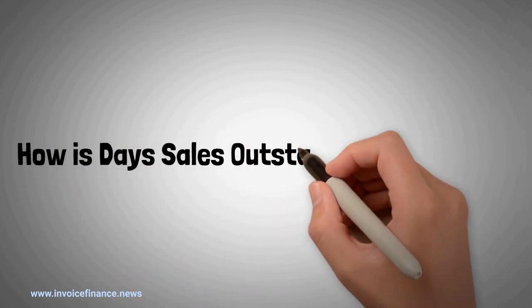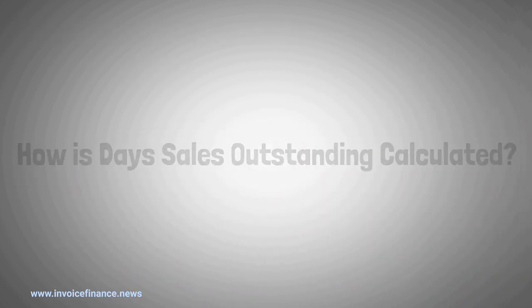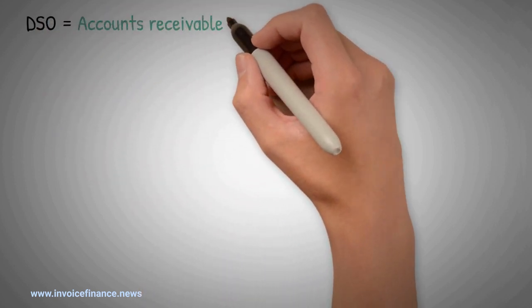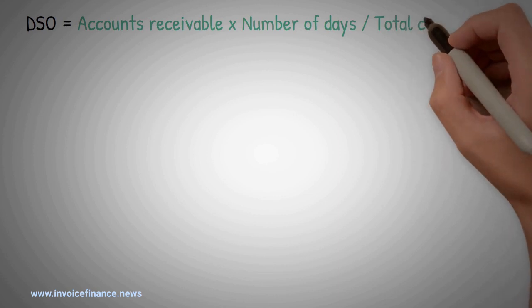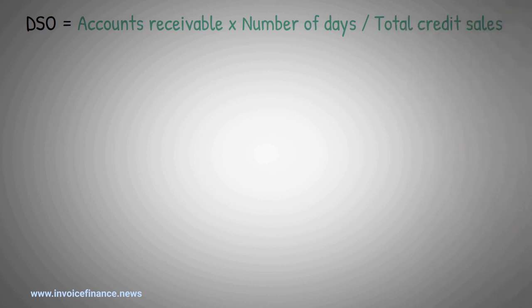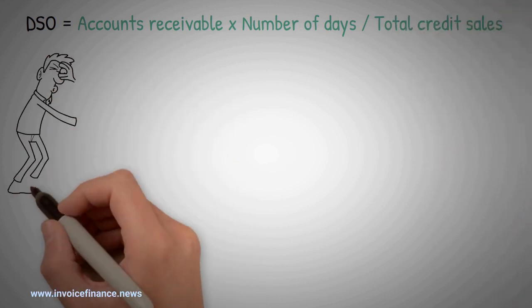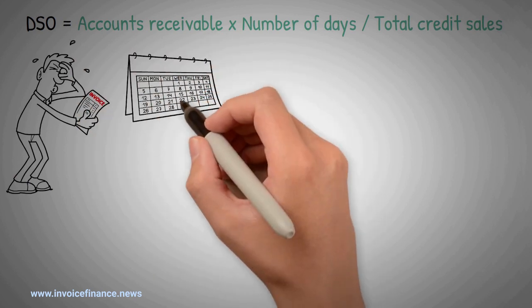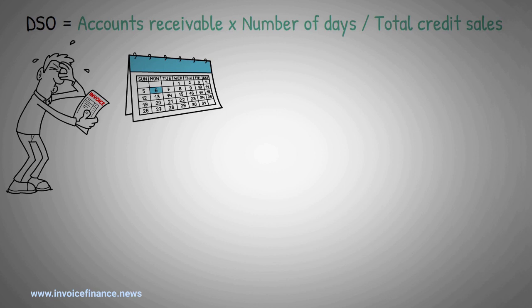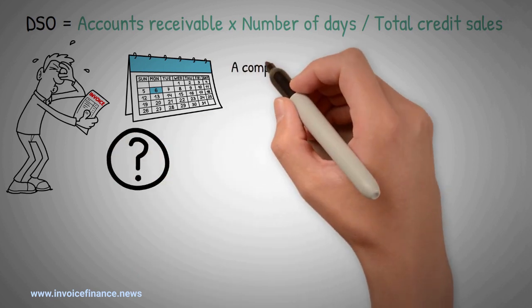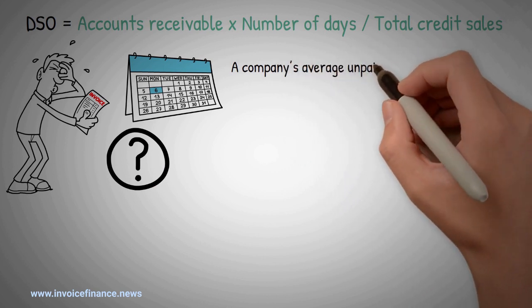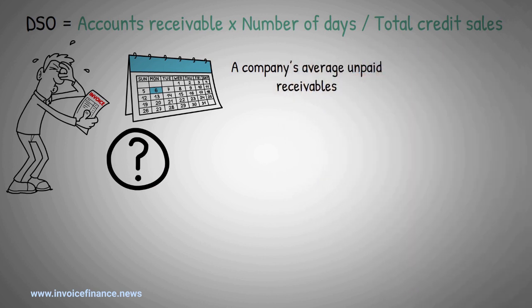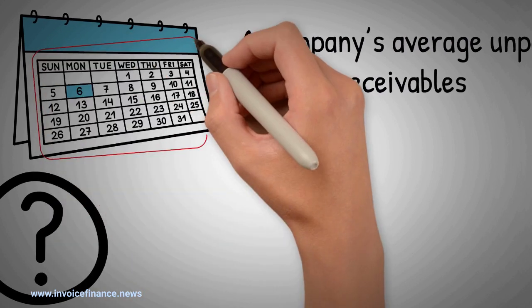How is Days Sales Outstanding calculated? The formula for calculating Days Sales Outstanding is DSO equals accounts receivable multiplied by number of days divided by total credit sales, where accounts receivable is the cash total of unpaid invoices for a specified period of time. The amount is either an average over the period in question or the final amount at the end of the period. This figure is a proxy for a company's average unpaid receivables,